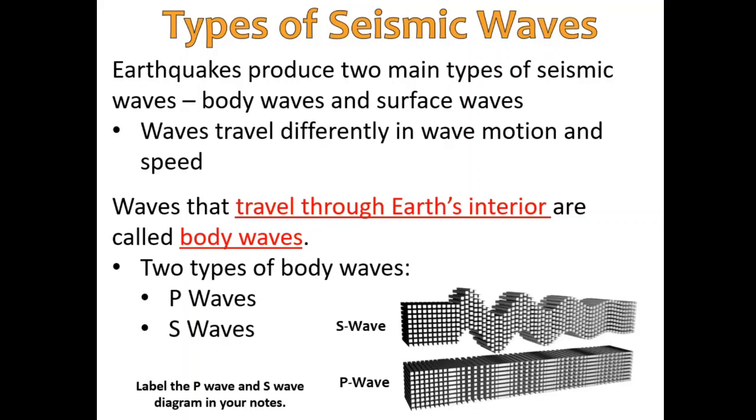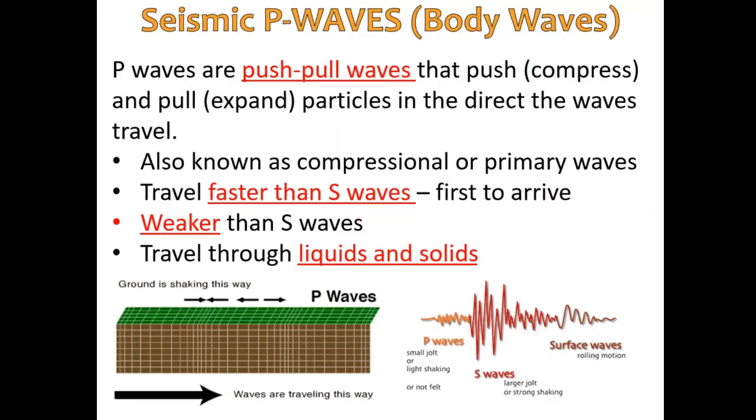Now, the two types of body waves are P waves and S waves. Look at the difference. It may be something that you may have to do on a test, is identify what is a P wave versus what is an S wave. Make sure that you have these drawn somewhere in your notes, even if you have to take a loose leaf sheet of paper and draw them separately. Now, P waves